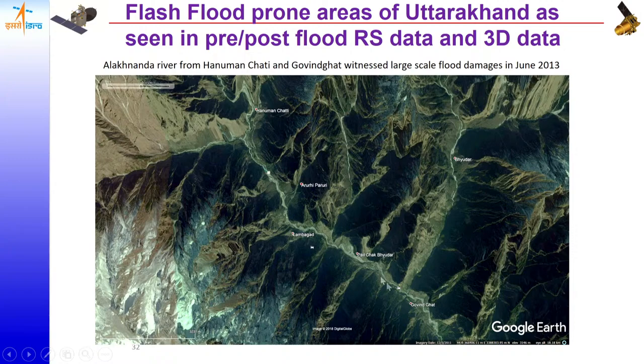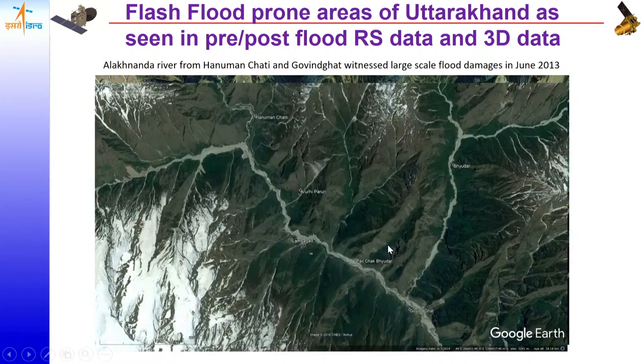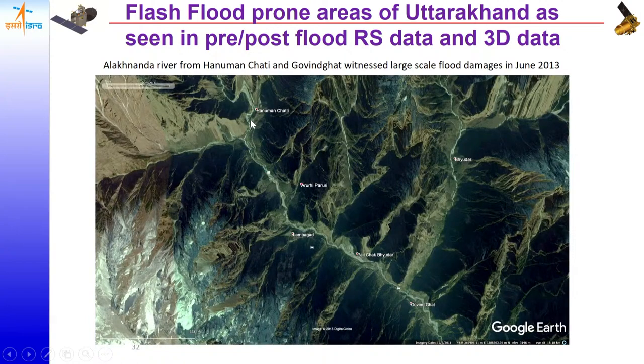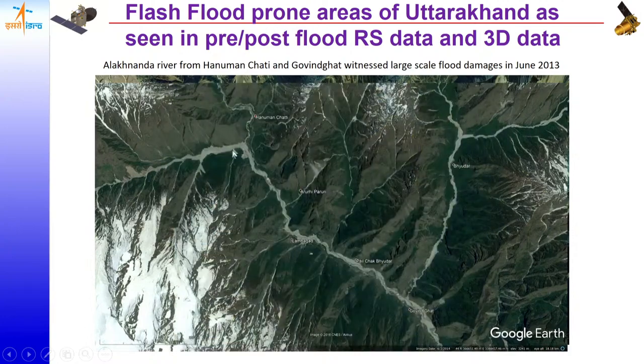This is a pre-flood image of the Hanuman Chatti to Govind Ghat area of the Alaknanda river, and then this is the post-flood image of the same area. So you can see here the main Alaknanda river coming from the Badrinath side. The river channel is almost the same as before the floods, but suddenly below Hanuman Chatti, this particular branch, you see the width rise from 10 meters to almost more than 60, 80 meters, or